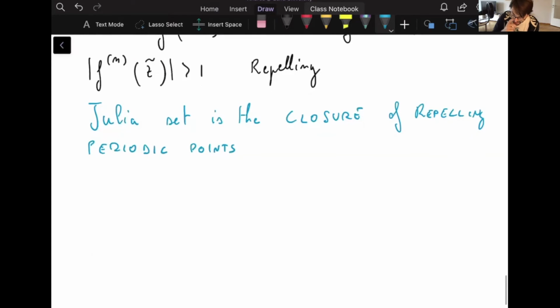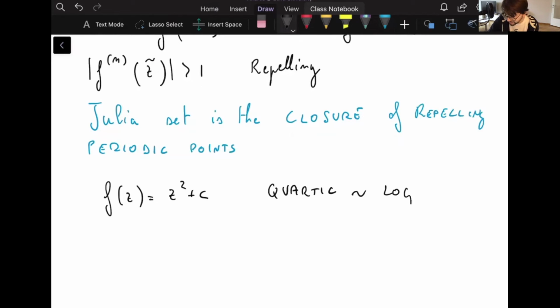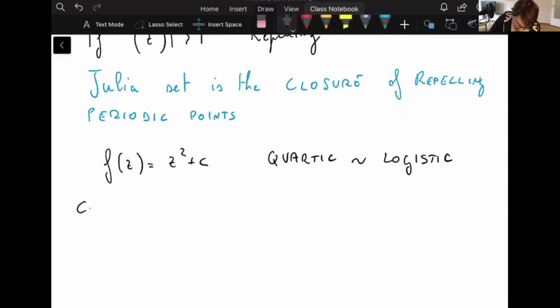And if we take, for example, this complex map, z squared plus c, this is called the quadratic map. And this is equivalent to the logistic map in the real number logistic. So the two have a one-to-one correspondence if you sit on the real axis. So if we consider c equals 0, then we had these conditions, and we've seen that for c equals 0, this map